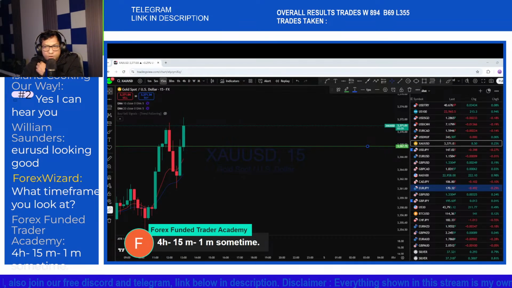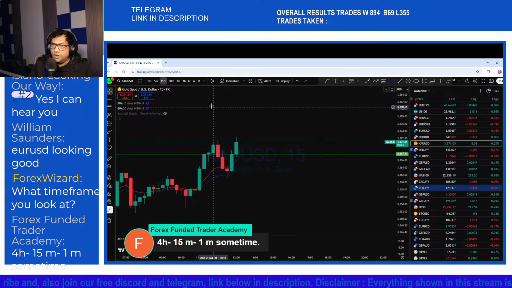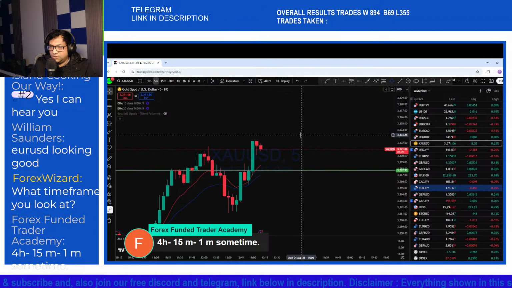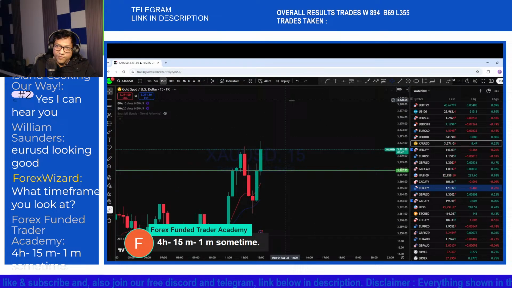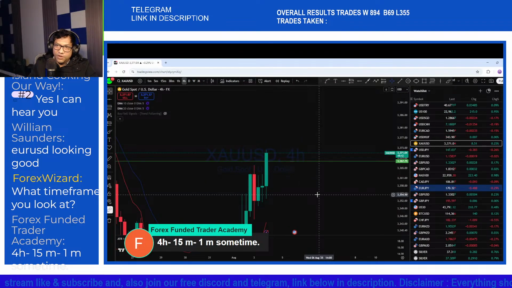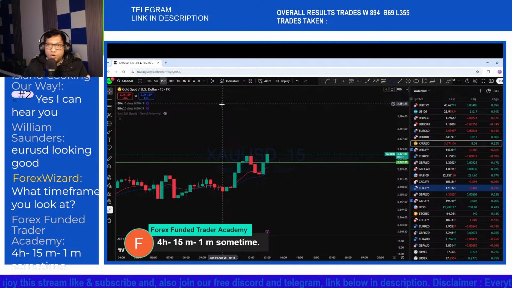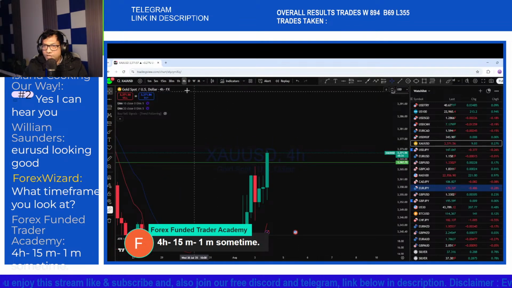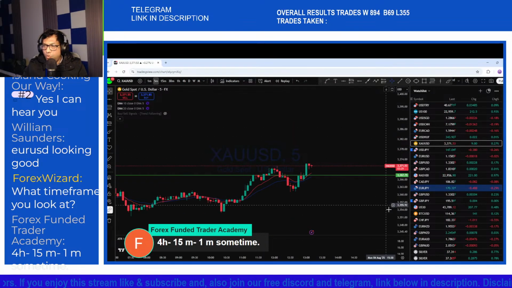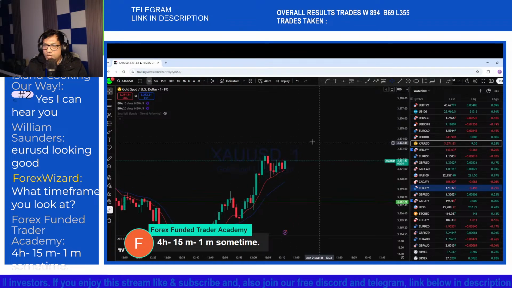Okay, so especially when we are looking at the short-term trade, lower time frames such as the 1 minute and the 5 minutes, that's where the higher time frame 15 minutes and the 4 hour come in. Now, for the combination of the higher and lower time frame, the best timing I look at is the 15 minutes with the 4 hour. Okay, so if we look at the 15 minutes combining with the 4 hour, and 5 minutes with 30 minutes, and 1 minute with the 15 minutes.